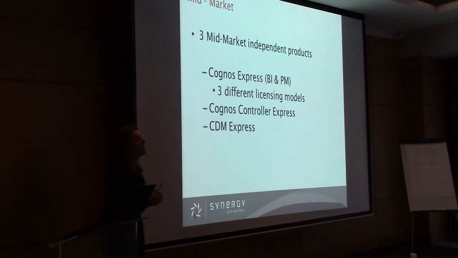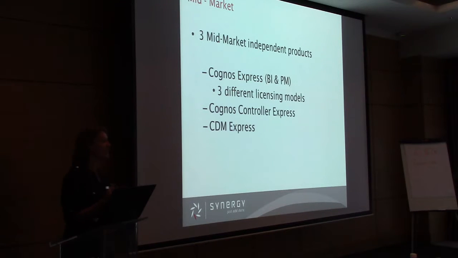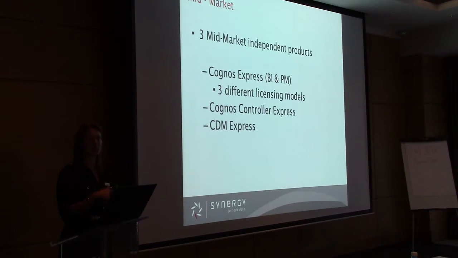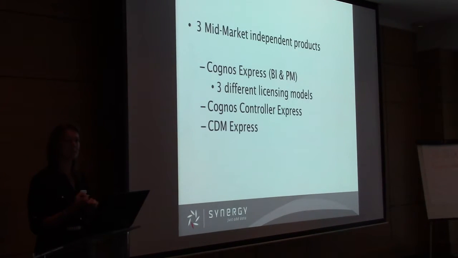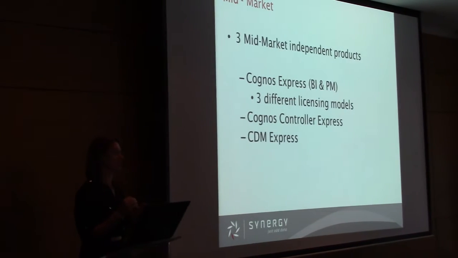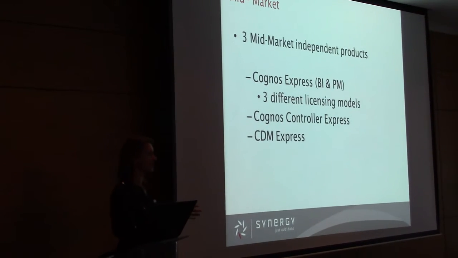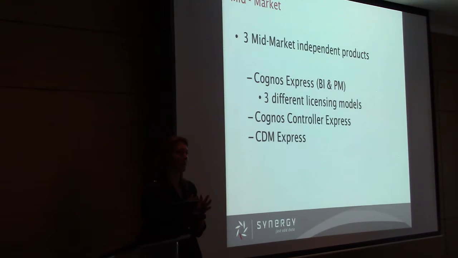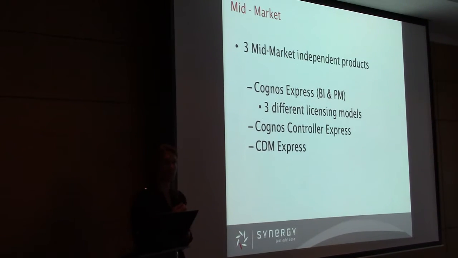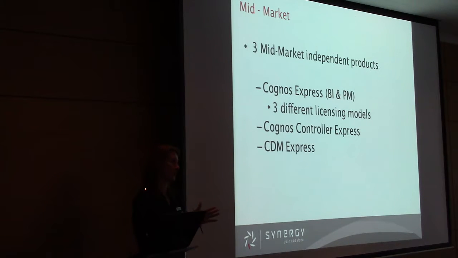So in Cognos Express, essentially we've got three different very independent products. Okay, and I'm specifically touching on those. So we've got Cognos Express, which is the bit that you guys are all using. So you either use Cognos Express Performance Management or you use Cognos Express BI or a combination of the two. We do then also have Cognos Express Controller, which is our mid-market financial consolidation solution. And what Alan touched on is the disclosure management component for the automation of the last mile of reporting.